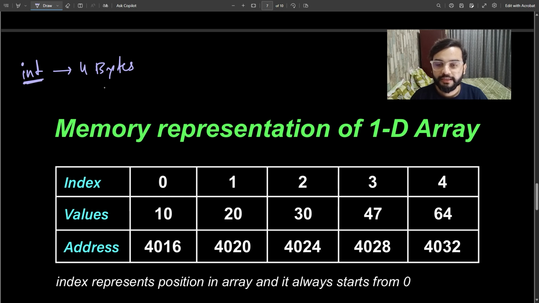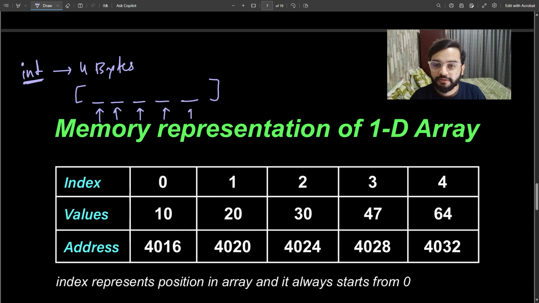So if we create an array of size 5, then these 5 data that we will store will be allocated some memory,